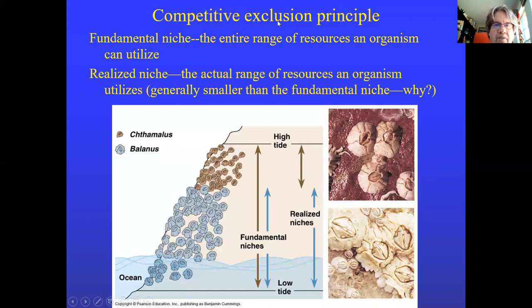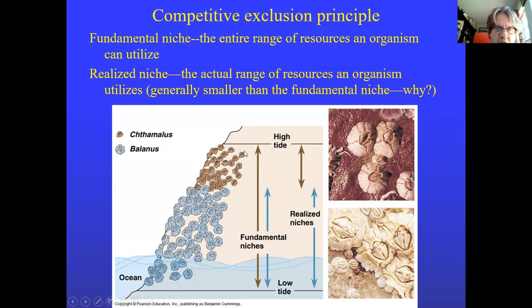Okay, so the competitive exclusion principle, here's one that's actually been experimentally shown, right? There is this thing called the fundamental niche, which is the entire range an organism can utilize. So for example, this barnacle here, Thalamus, can actually access a resource that goes from extreme high tide to low tide, right? And they can access this whole thing. But they're in competition with another species of barnacle called Balanus. And this one has its fundamental niche a little bit lower, it's smaller. It doesn't go all the way up to the high tide line, but it goes a little bit lower and all the way down to low tide. Now, if you put